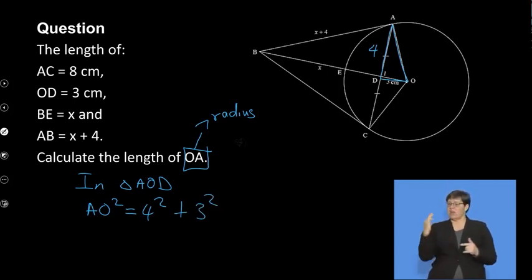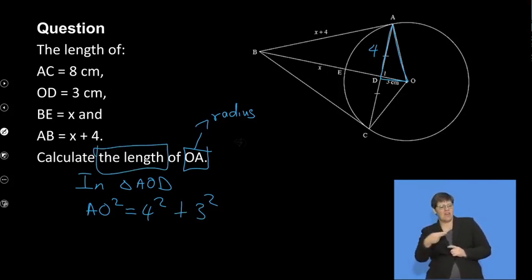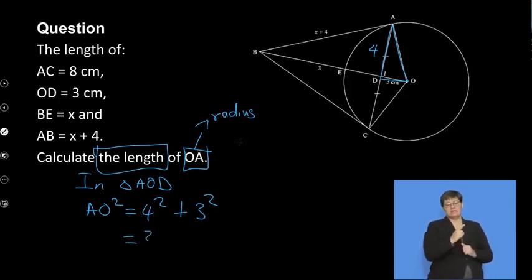This is just the theorem of Pythagoras. You can see they didn't talk about reasons, because when you talk about the theorem of Pythagoras, you don't need reasons. And this will be equal to 16 plus 9, it's 25, and that's AO squared, therefore AO